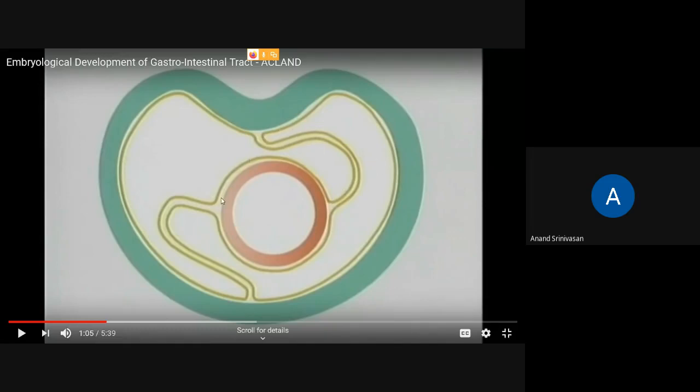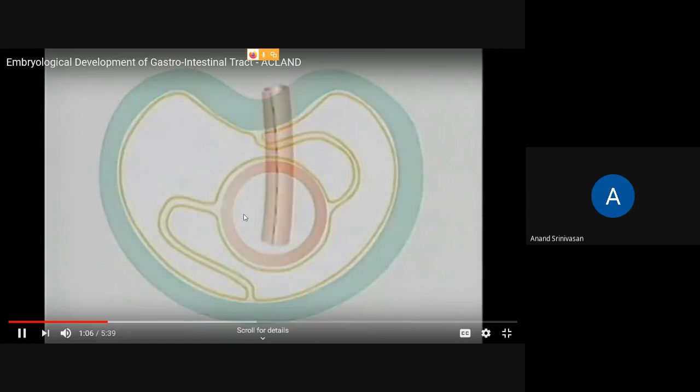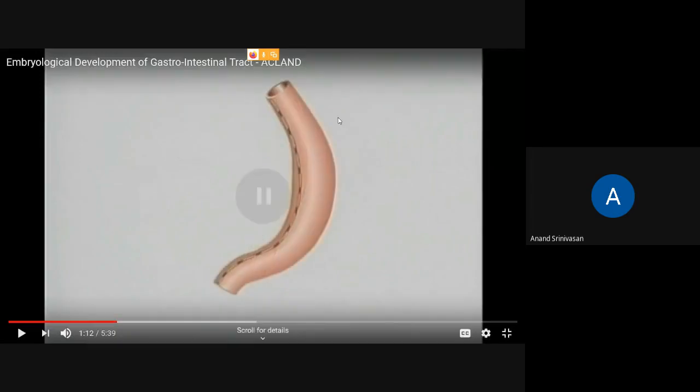Okay, so you can see the dorsal mesogastrium. This is the dorsal mesogastrium, and the ventral mesogastrium is also rotating, isn't it? Now let's see. The line of attachment of the ventral mesogastrium swings round to the right as the foregut develops. So initially the mesogastrium, which was in the anterior part, the ventral mesogastrium, now goes towards